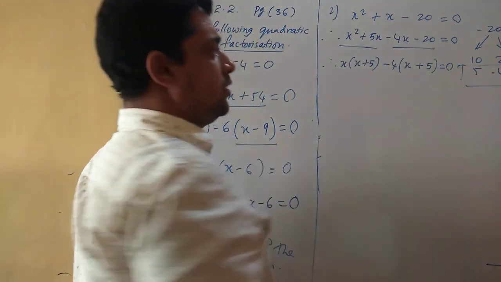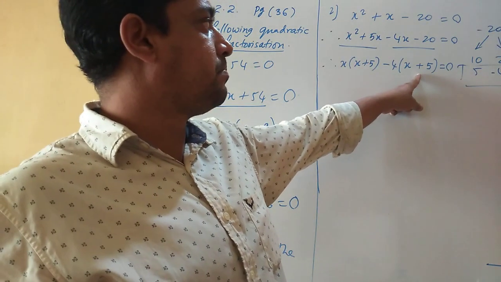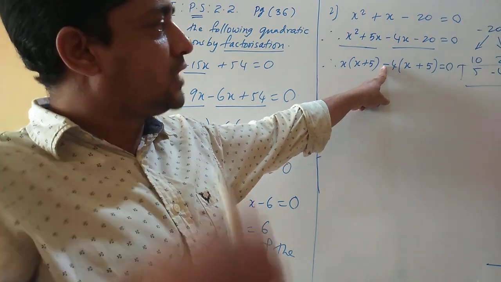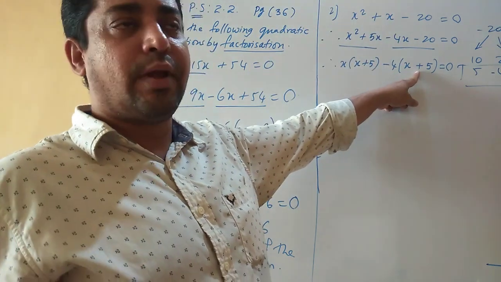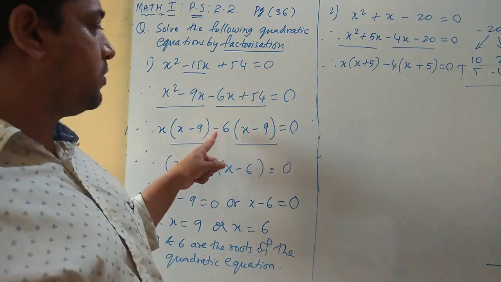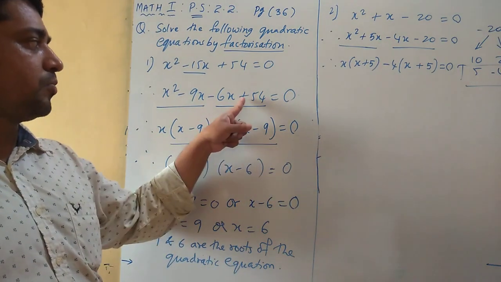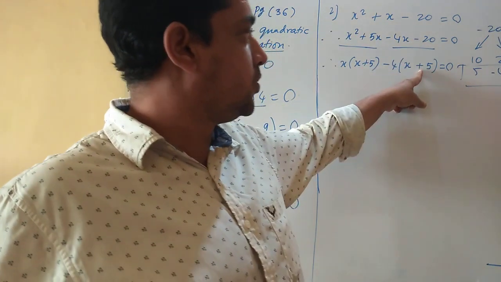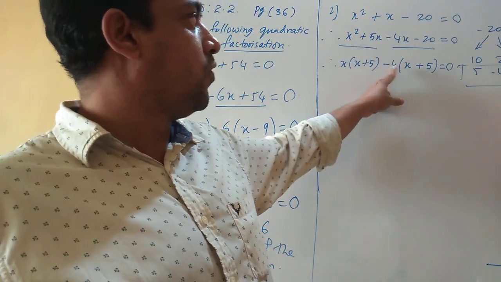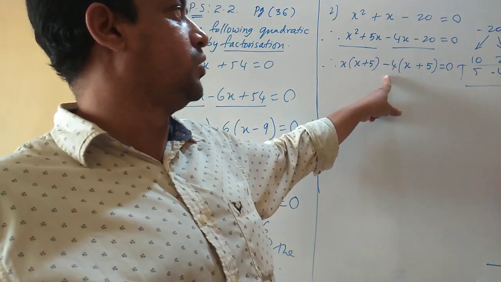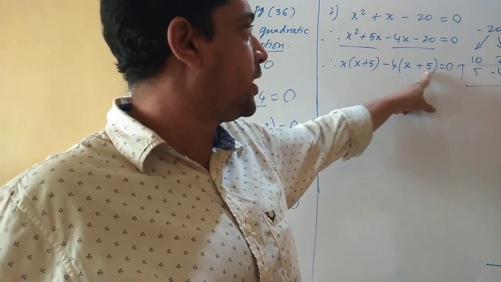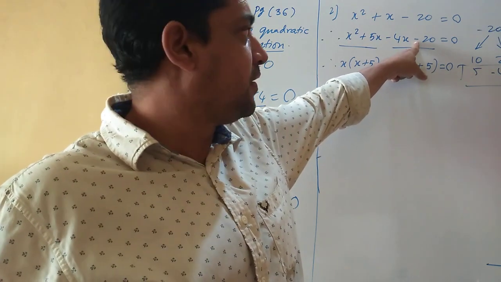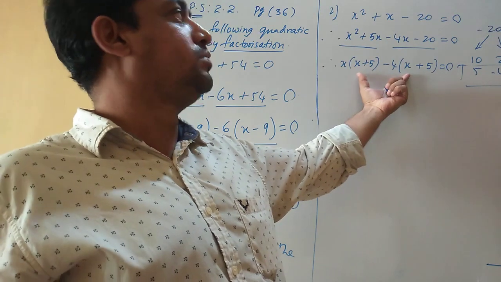Now again you say, sir, you are doing the same mistake again, the plus sign. I told you whenever we have a negative sign here, the sign will change. Whenever we take common in the bracket, the sign will change. Here again that was the same case. Check. Negative was there, so positive was there, I changed it to negative. Here negative is there, so I changed it to positive. You can recheck if you want. 4 into x is 4x, minus 4x. 4 fives are 20, but I should get minus 20. So minus plus is always minus. Is it clear?